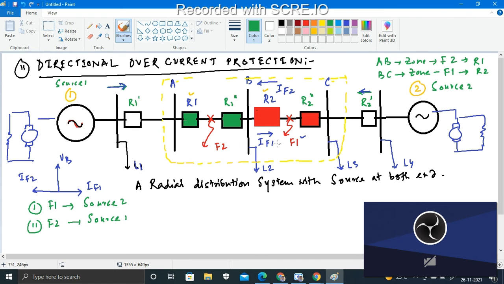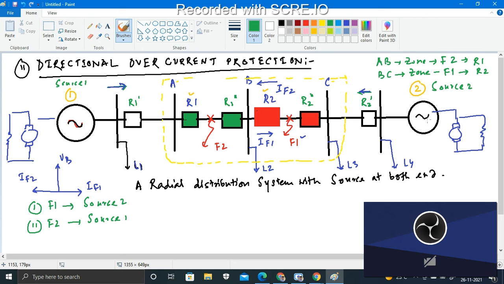So we have to interrupt these two faulty currents. That is why the relay that will be connected at both ends of the feeder is required. We have to connect the relay over here also, and over here also. So this will be the connection of the relay with source 1, and this relay will be connected